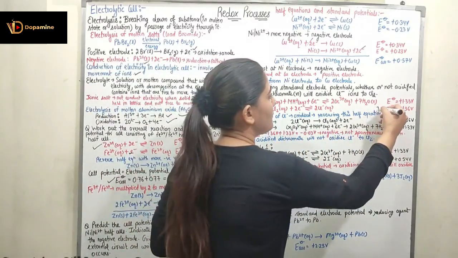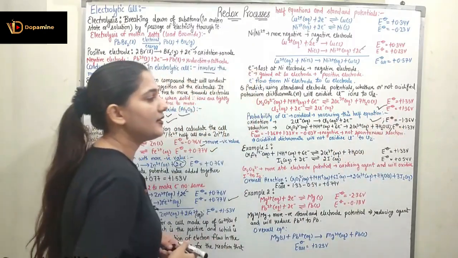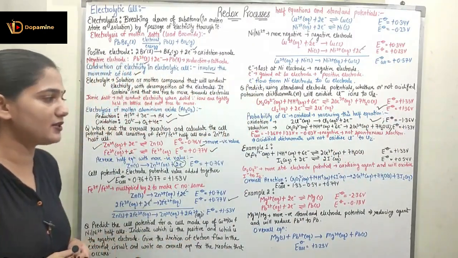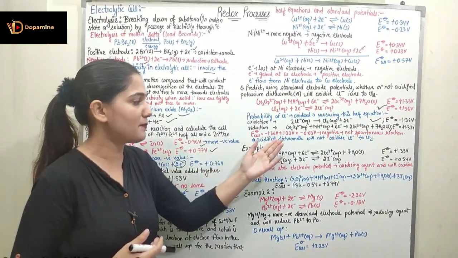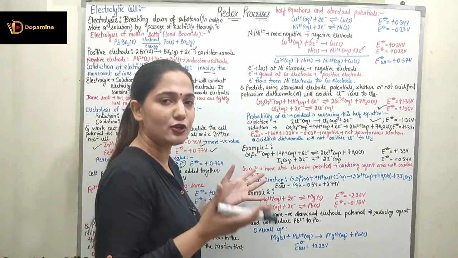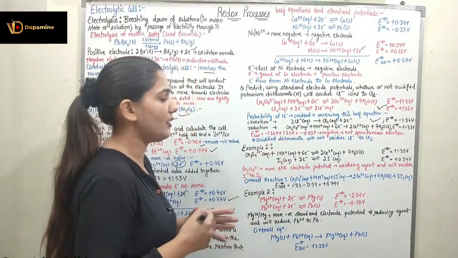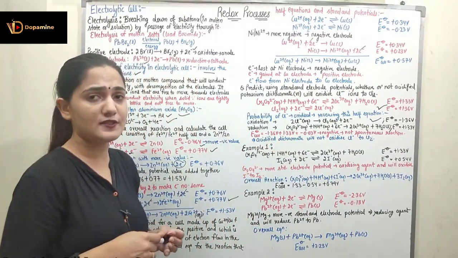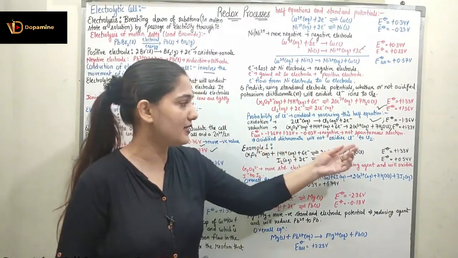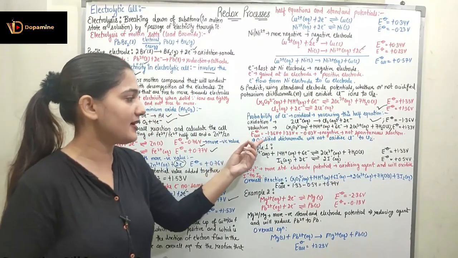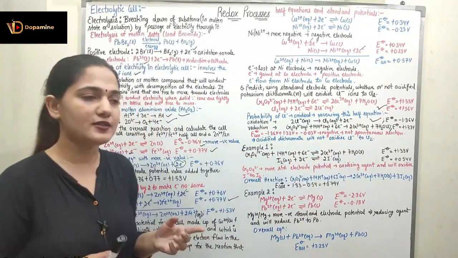Here the electrode potential is positive 1.36, and because here I have reversed it, the electrode potential would be minus 1.36. So the electrode potential of the cell would be minus 1.36 plus 1.33. I have to add the electrode potential of the oxidation half equation and the reduction half equation. So the overall electrode potential is minus 0.03 volt, which is negative. So I can say this reaction is not spontaneous, and I can say the acidified dichromate will not oxidize chloride ion to Cl2. So this is not feasible.